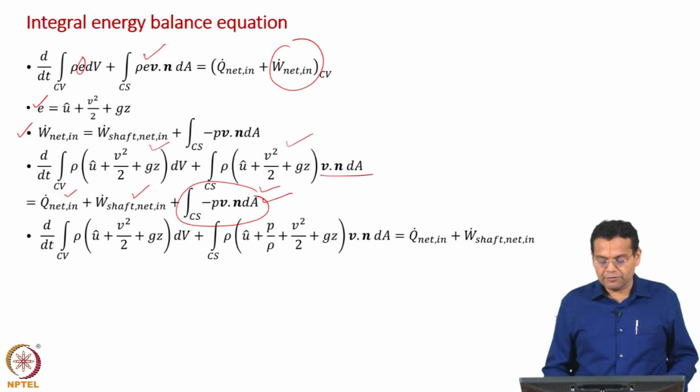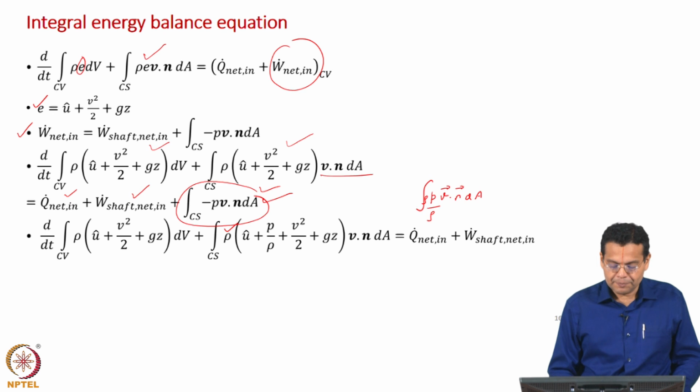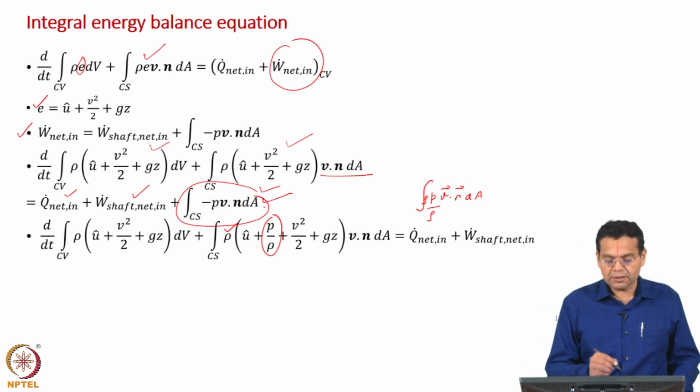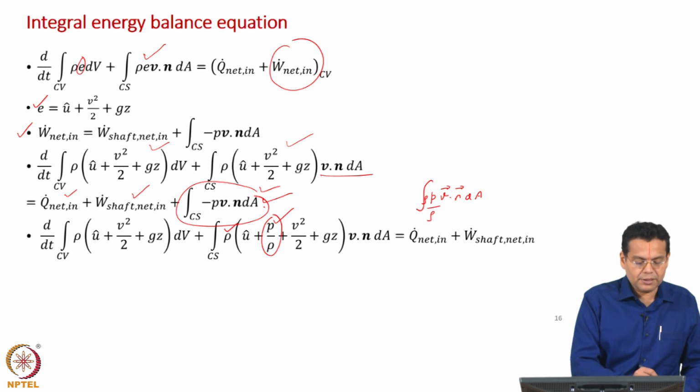When we take it to the left hand side, we have integral P and then V vector dot n vector dA. Let us divide by rho and multiply by rho, because we have a rho here, and that is why when you take it to the left hand side, this P by rho gets added. Okay. So, what is it that we have done? Taken this term to the left hand side, and you get an additional term P by rho in the convection term only. No other change compared to this equation and this equation.